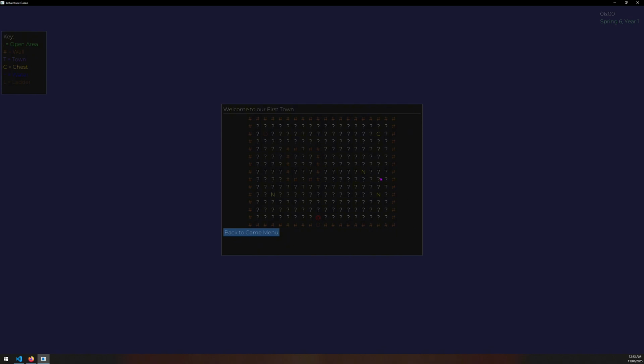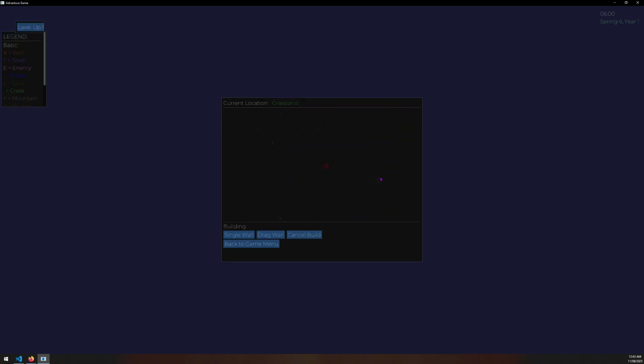So I haven't decided about how I want to do a town. So at the moment, with building and with more the Rimworld aspect, obviously it's just a little @ symbol walking around. You can level, like if I fight enough enemies, yeah, so this is the game at this point.